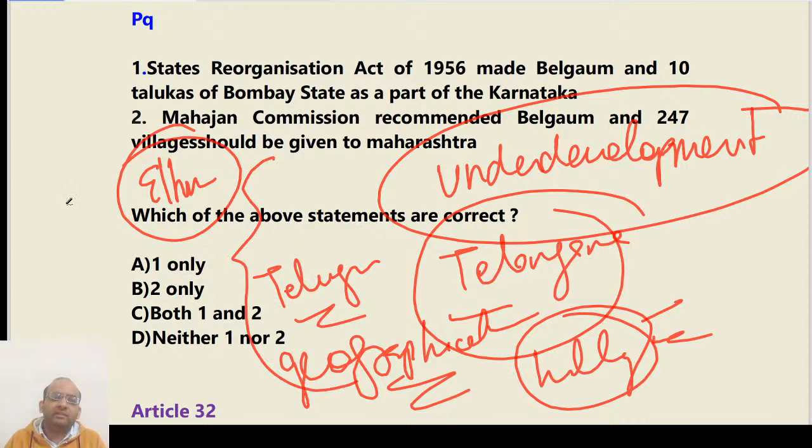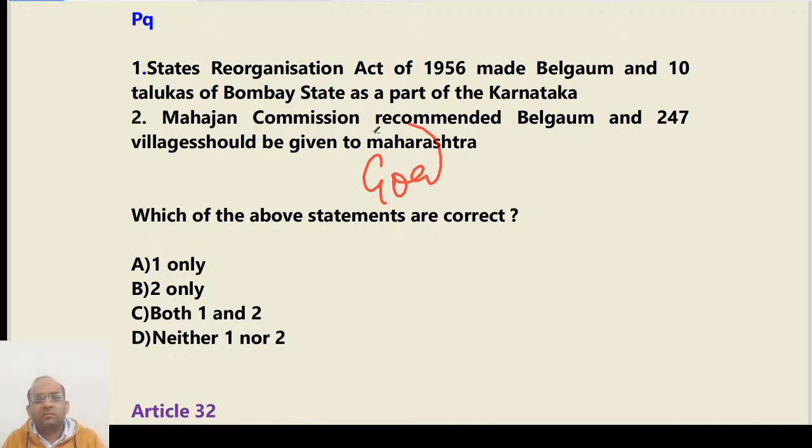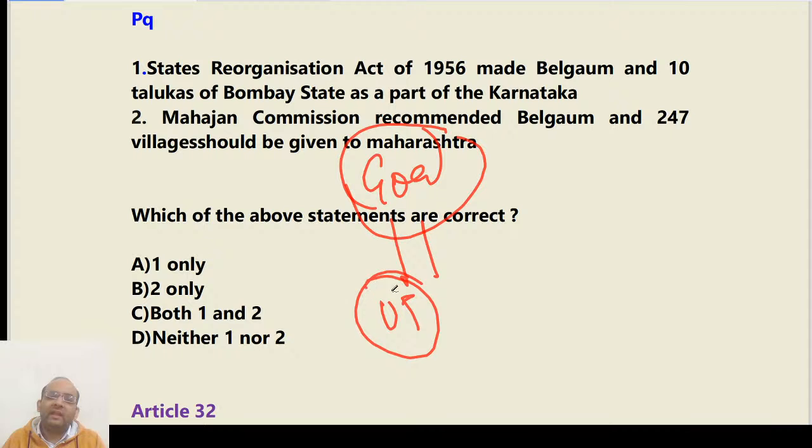So initially it was language-based state formation, but over the course of time, other factors also started being taken into account. You can take the example of Goa, where there was an agreement with the Portuguese that Goa's separate identity would be maintained. That's why it was first created as a UT, then later it was converted into a state. So other factors also